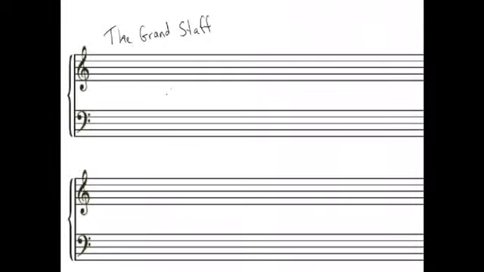The grand staff. Now the grand staff is a combination of our G clef and our F clef. This is normally used in piano music, which we're going to be focusing on in this course. And the reason the grand staff is very useful is because there's a very easy flipping point between the F clef and the G clef. Now remember, F was here and G was here. As we work our way towards the middle of the board here, this is where we're looking for that flip here. Here's our F, so this is G, F, we're coming down to E, D,